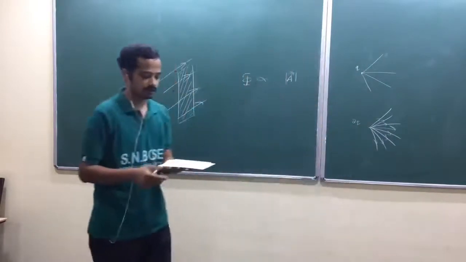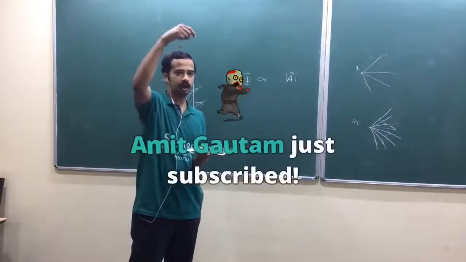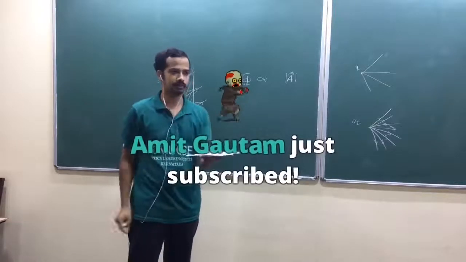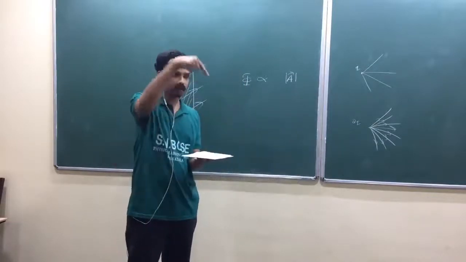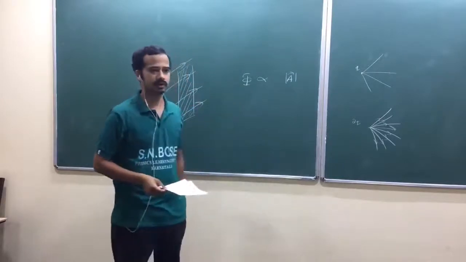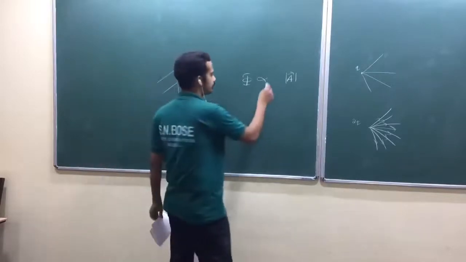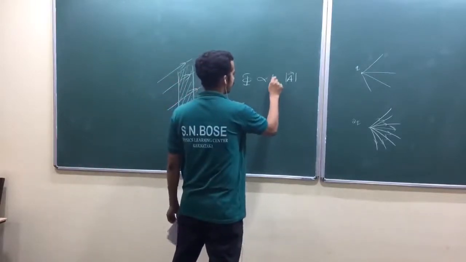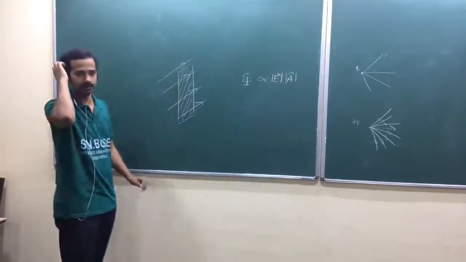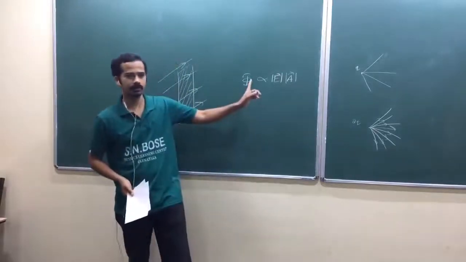Now obviously, when you increase the strength of the field, what would happen? Suppose you are increasing the intensity of this light source, then more light rays are going to pass through this one, and obviously then the flux is also more. Am I right? That's why flux is proportional to, let me take electric field as my vector field, the magnitude of that also, isn't it? Not only that, yeah, it is proportional to the magnitude of the vector field.